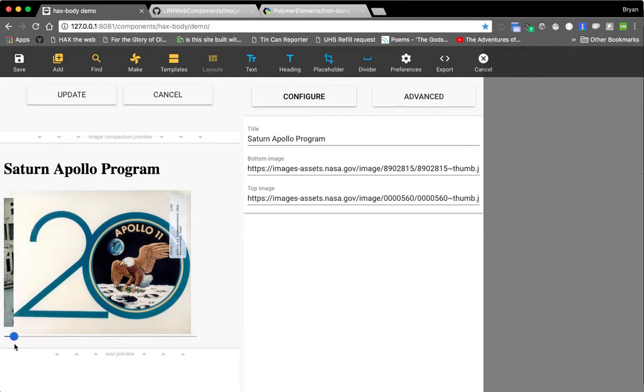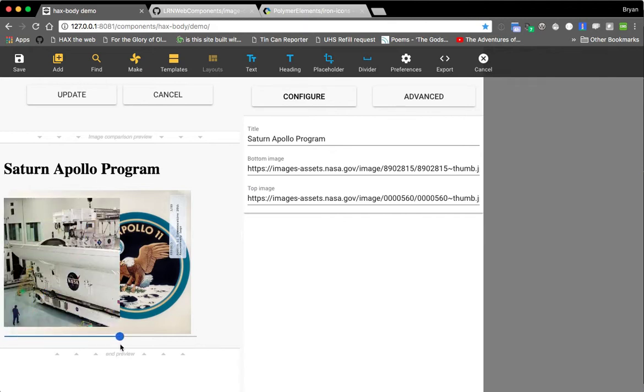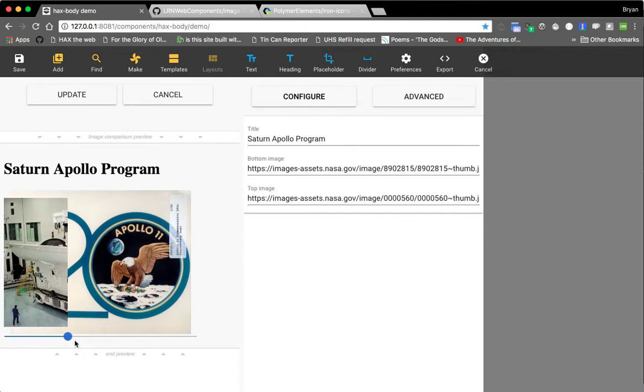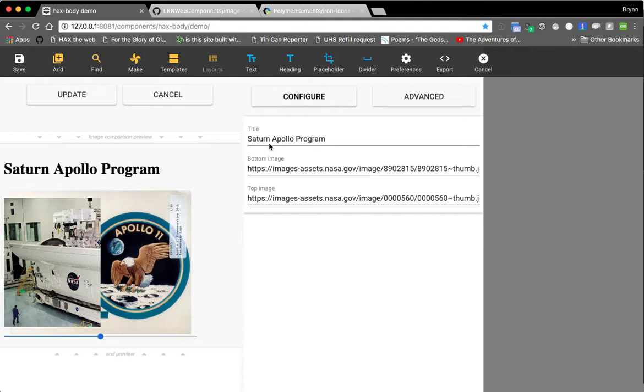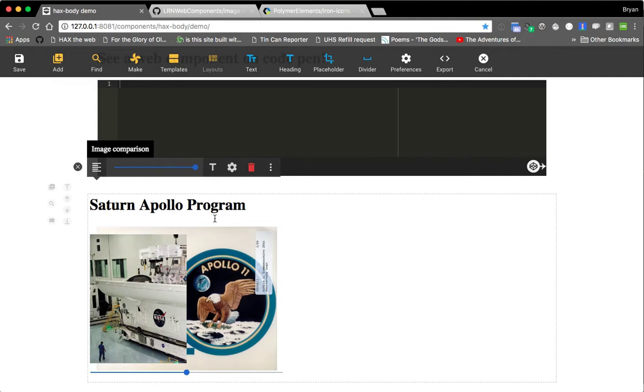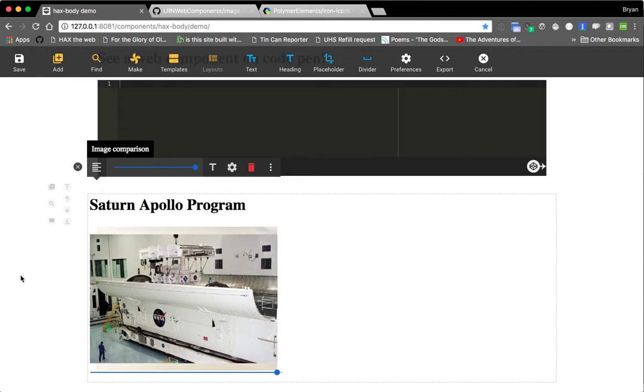because most things don't have two sources. But if I paste in two image sources, and these obviously don't make a ton of sense for this example because they're different aspect ratios, this shows you the process of wiring this data and wiring the tag itself to Hax. And so now I have a new Hax capable tag, in this case, a comparison tool, which